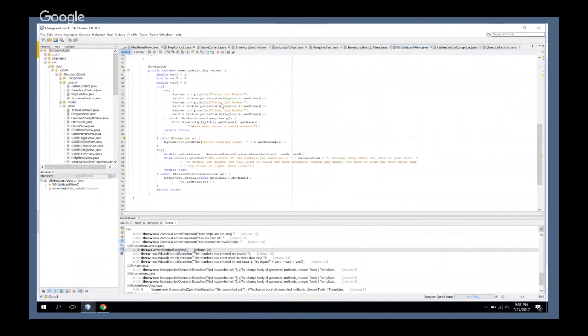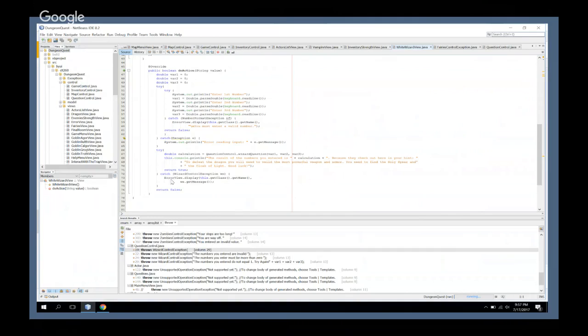And then up here we have our try catch. Here, for an example, would be the numbers that they're entering. So enter first number, enter second number, enter third number. And then it's going to give this message saying, say they entered an A instead of a 1, then it's going to tell them you must enter a valid number. However, if they did enter valid numbers, then it's going to skip this catch, and it's going to come here,